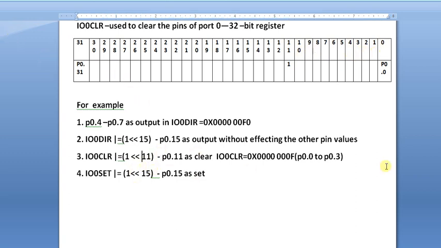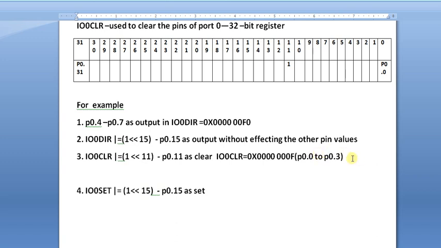Let me write here: if the 11th bit is to be cleared, it is high, so 0x 0 0 0, the 15th bit right? 0 8 0 0. This is the way of clearing the 11th pin. This is the way we will write it actually. Okay, I think you understood.